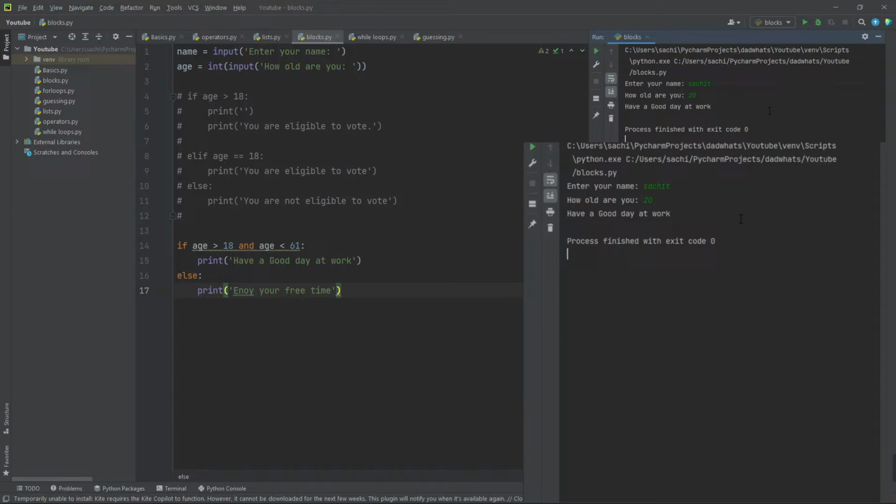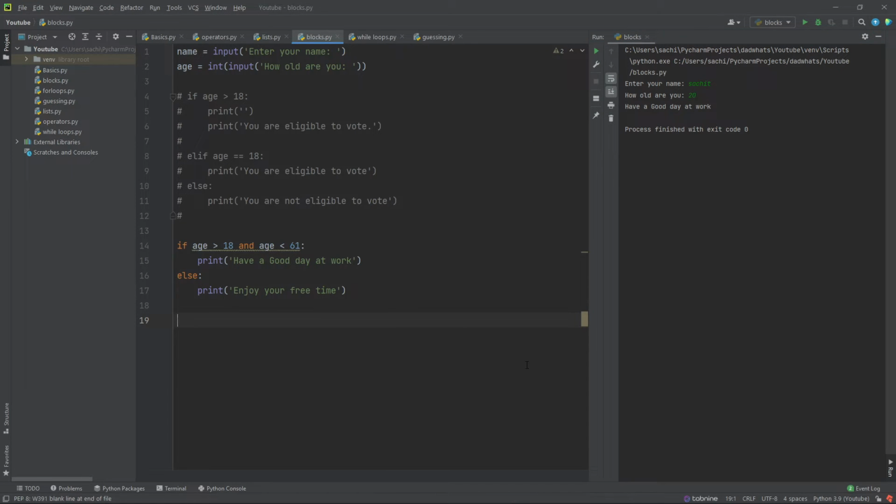So using the and keyword, we have to make sure that both the conditions given in the if statement are true, and even if one of them turns out to be false, then the if block won't be executed and the program will move on to the else one. So now we'll write the same program using the or keyword.